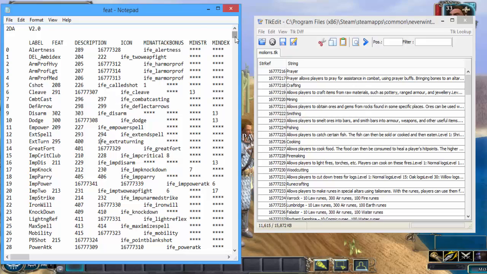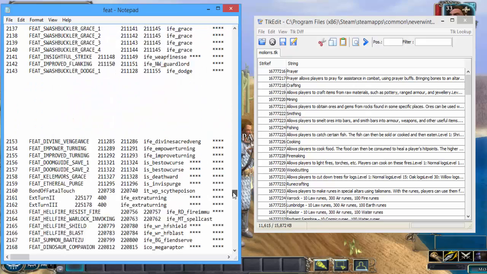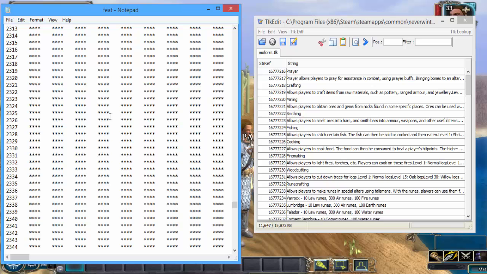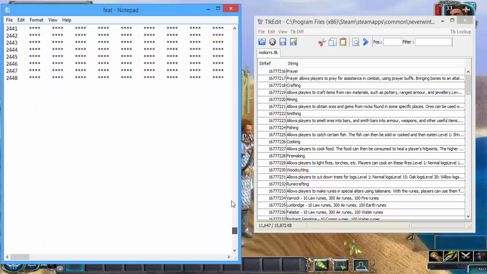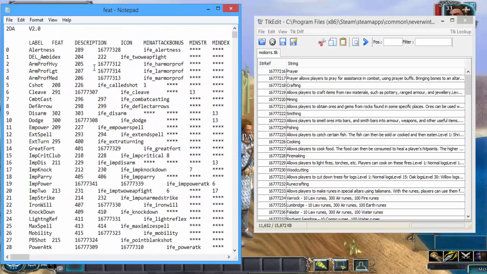So there's a bloody massive turn. It goes up to over 2,000, 2,255 to be precise, and there's a lot of reserves down here. So it's nearly 3,000 in total. So what I do is, obviously, it's got a lot of information on these, like the